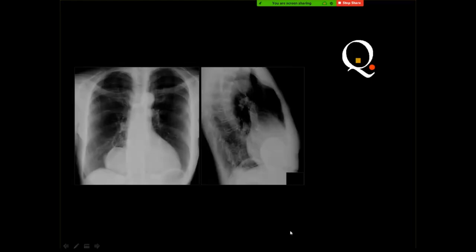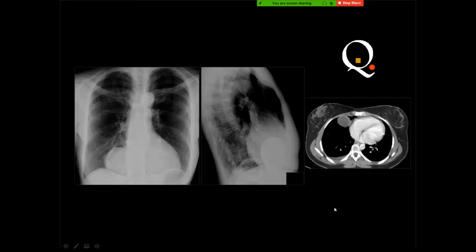Then what do you think of this? Found density at the right cardiophrenic angle in the lateral view, yeah. Confirming the anterior position, yeah. Mostly pericardial cyst. Very good, and this is a pericardial cyst, and you remember many times I said that this